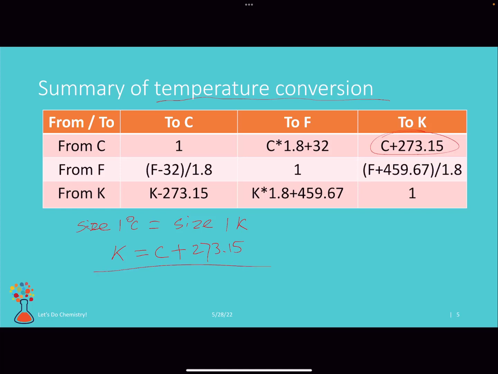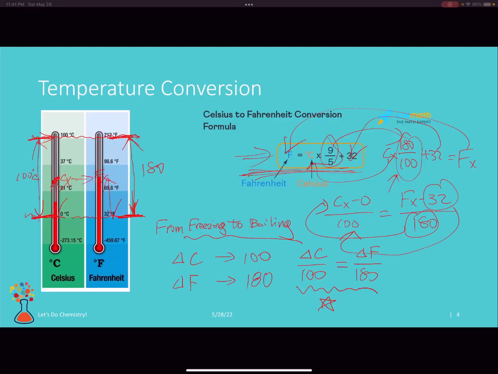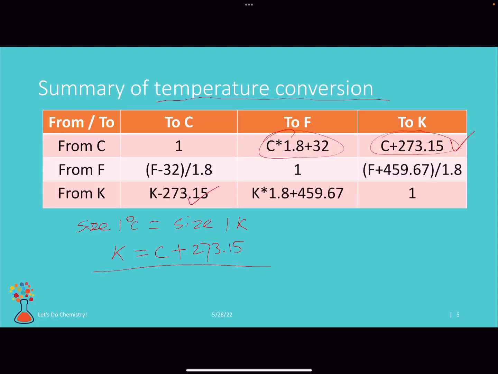Okay, so if we know this, and then we know this, and then we know this, because this is pretty much equivalent, just reverse way conversion. Okay, so from this equation, this equation is what we described right here. Although this looks different, if you can convert this as 9 over 5,